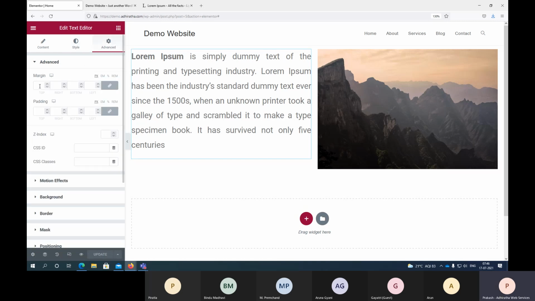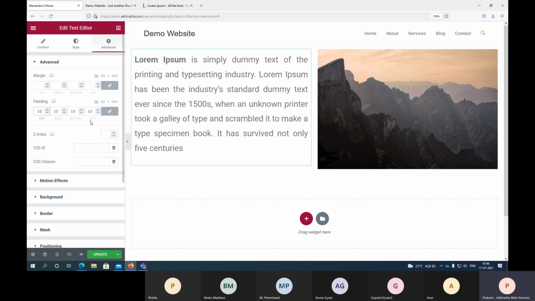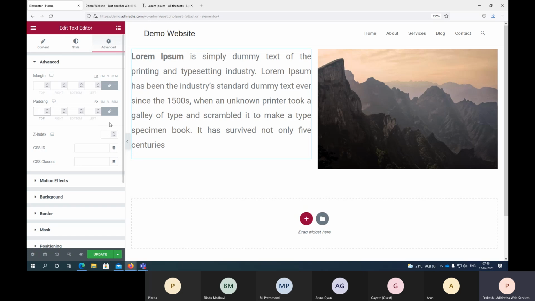See, there is an option called margin and there is a padding. Padding is what? In any design, from all the corners, if you want, you can do this here. For example, from all four corners, top, bottom, left, right, I can actually add some percentage. But right now, we don't need it from all the angles. We need space from the bottom only. So from the top, if it increases, it's fine.